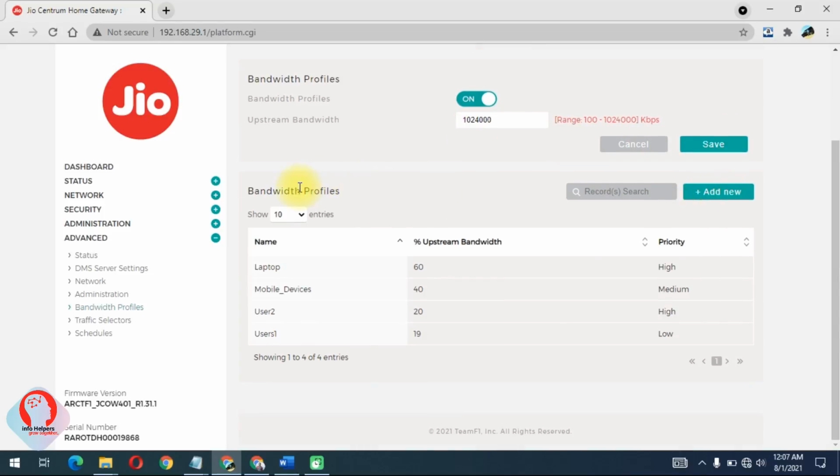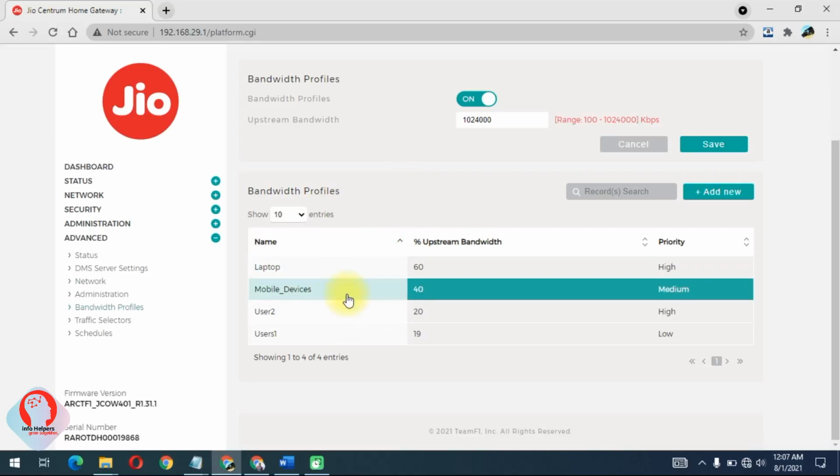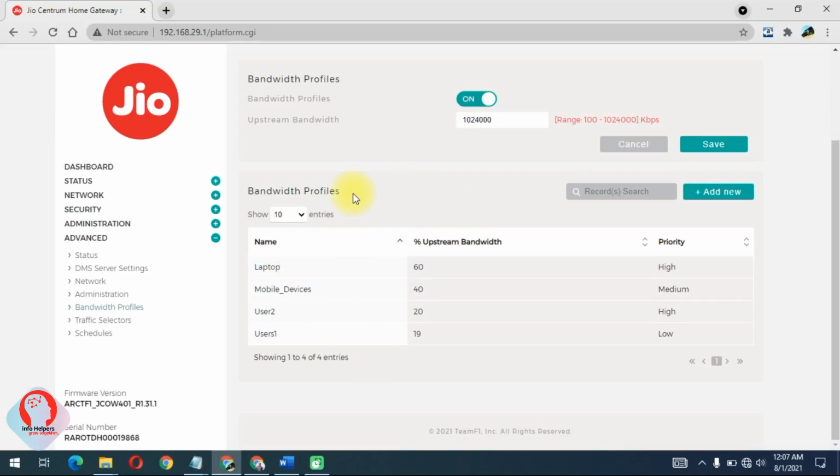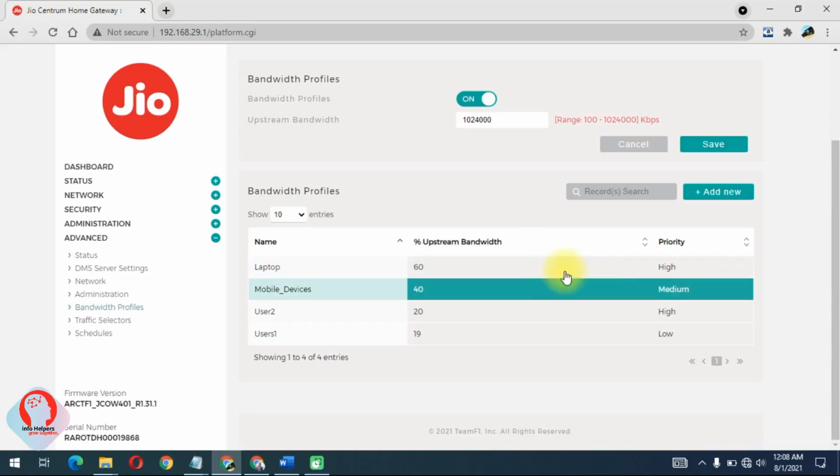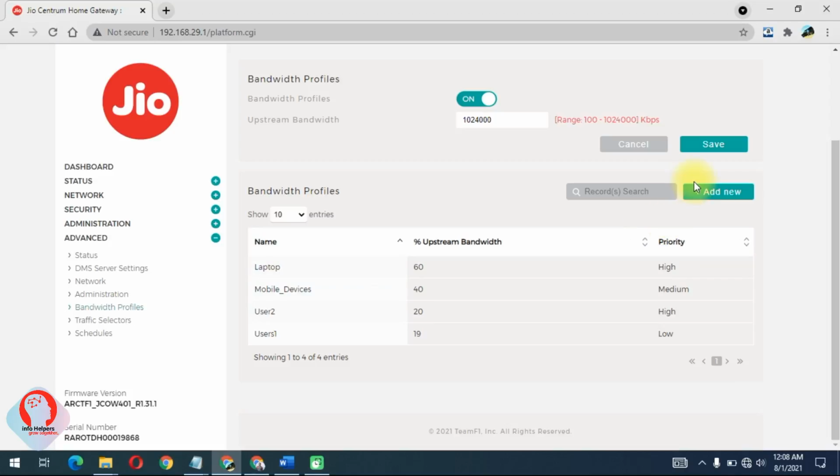Once saved, you will see the bandwidth profile details. A profile is nothing but a way of categorizing different users and bundling them into a single profile.